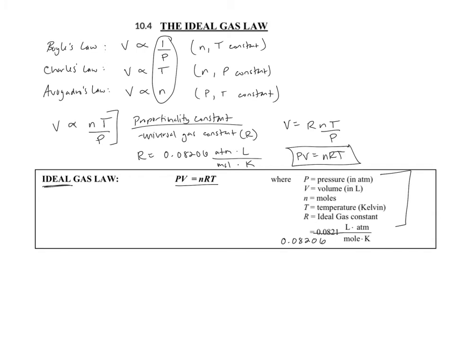Now, the word ideal. Ideal means, of course, in a perfect scenario, if everything was amazingly perfect. We don't live in a perfect world, not even in nature, right? So ideal gas isn't really a thing. It's close, it's just basically making our job easier to study it. The gases on this planet, they're real gases. So the difference between a real gas and an ideal gas is a hypothetically perfect scenario, meaning we make some assumptions. So one, for an ideal gas we assume